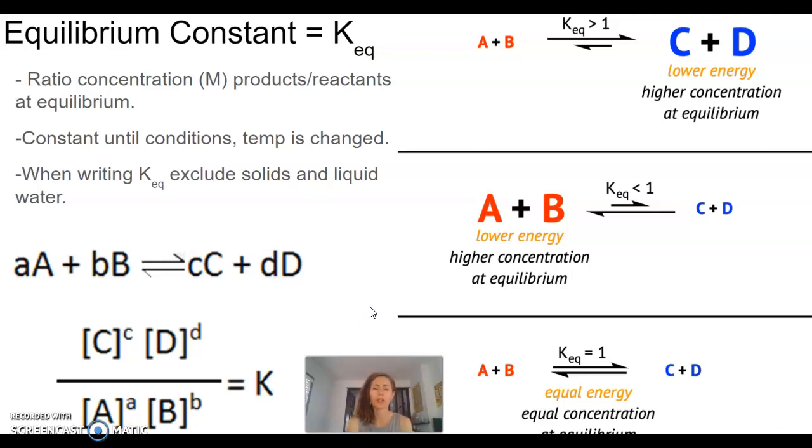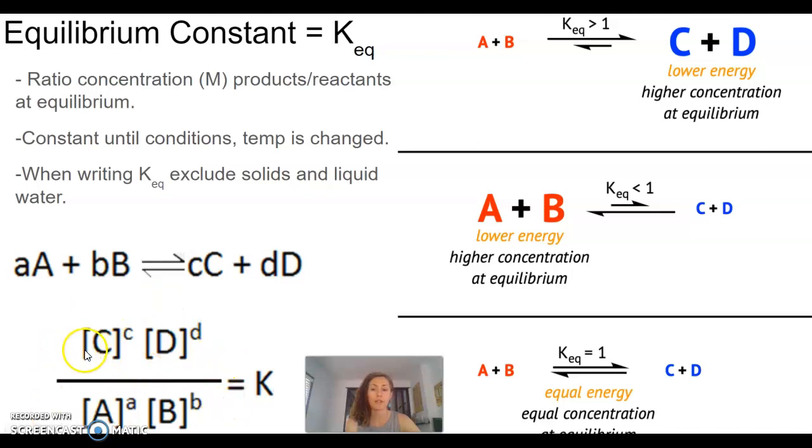When writing your equilibrium expression, you exclude solids and liquid water. For you guys, I'm only going to give you ones that are gases so that you don't have to worry about this. So this is an example of how to set up your equilibrium expression here. We have a very basic chemical reaction where we have aA plus bB producing cC plus dD. The lowercase letters in front of our reactants and products are the coefficients that would be used to balance the chemical reaction. So when we write our equilibrium expression, we set K equal to the concentration of those products over